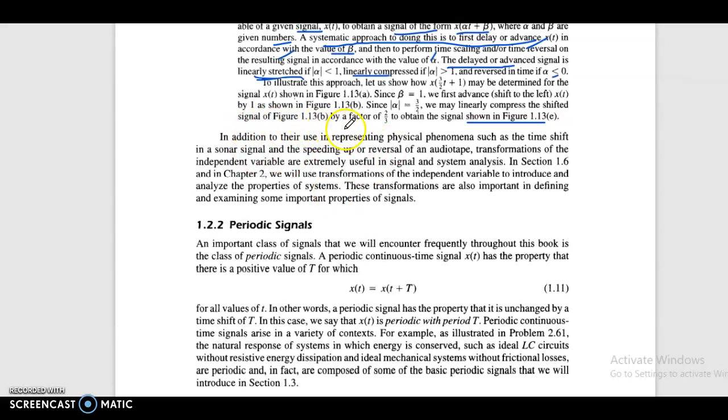In addition to their use in representing physical phenomena such as the time shift in a sonar signal, and representing speeding up or reversal of audio tape, transformation of the